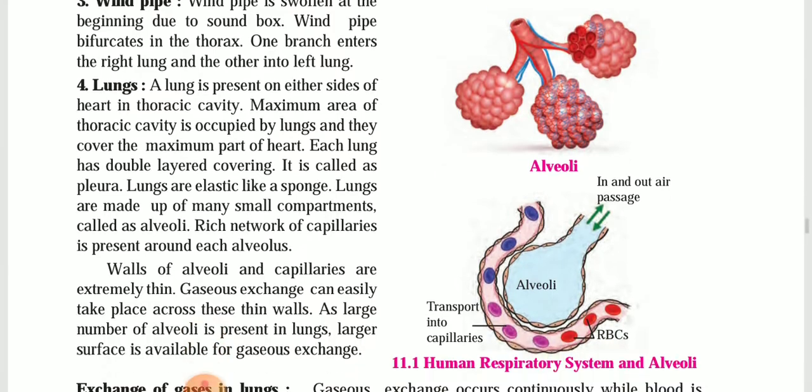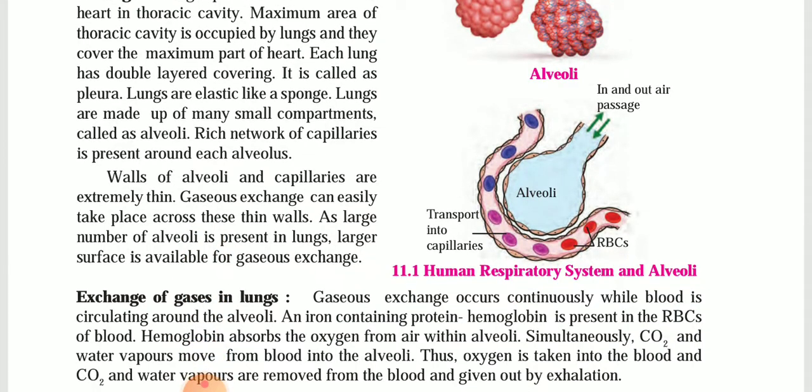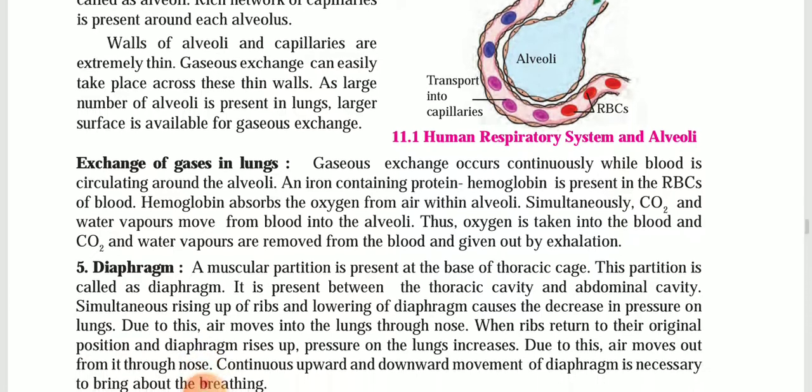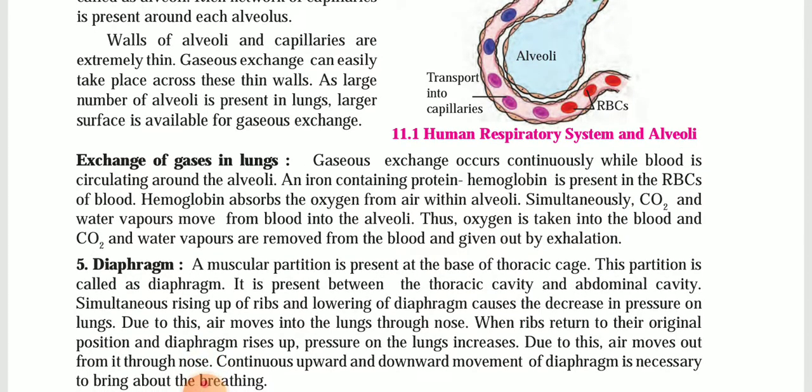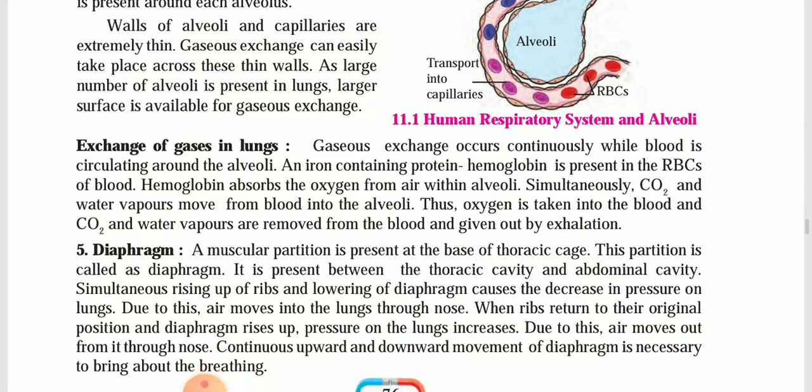So you can revise your science very well. Then the exchange of gases in the lungs takes place with the help of blood cells as well as alveoli. So alveoli remove oxygen from the air, and this oxygen is taken by the red blood cells. Okay, and red blood cells also bring carbon dioxide from the cells. So red blood cells are doing two works, on both sides. One is to take the oxygen and another one is to give out carbon dioxide into the alveoli.